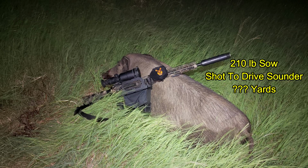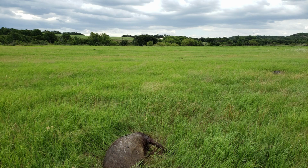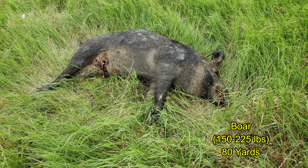And here is the sow that I shot to get the hogs moving. And this is the line of hogs that I was shooting. There's the first one, second one, third, and fourth. And here they are in order, starting with the larger boar. You can see all the buzzard droppings on it, followed by another boar,